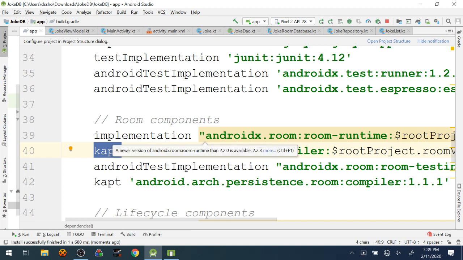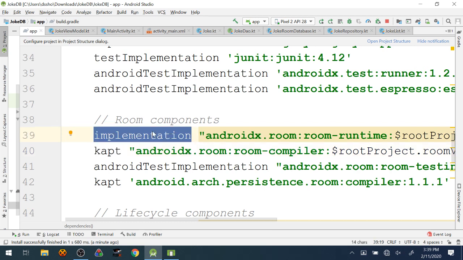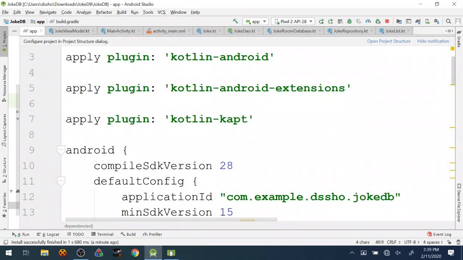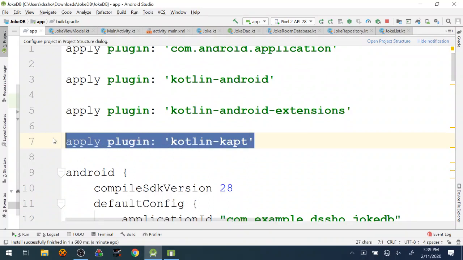But I do know from a functional perspective that if you don't use the kapt keyword here and you use implementation instead, it will not work. Your Room implementation will not work. And furthermore, since kapt is a specialized command for Kotlin, in order to even use it in your Gradle file, you have to include this line up at the top to apply the kapt plugin to even be able to use it in the first place.